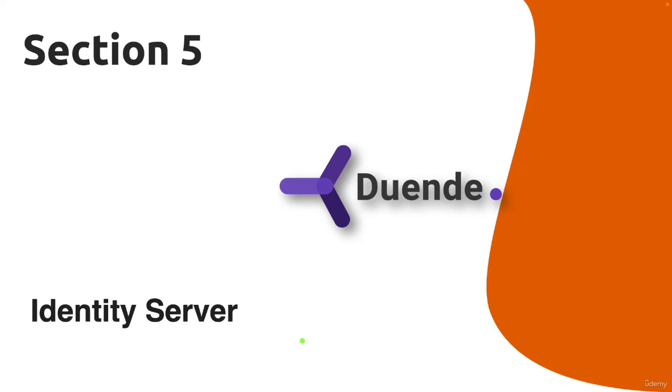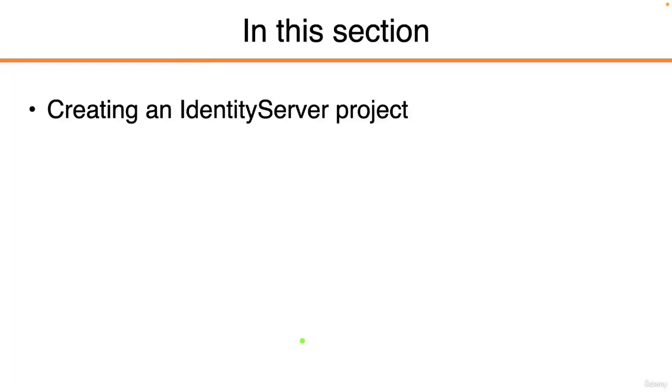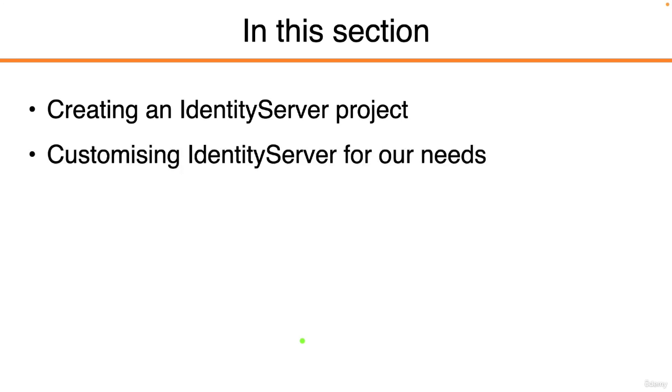Okay, welcome to section 5, and in this section we're going to take a look at Identity Server and add the ability for us to authenticate to our API endpoints that need authentication. So in this section we are going to create an Identity Server project so that we have a way to authenticate to our API endpoints, and it's got some customizable parts to it and we're going to customize it to